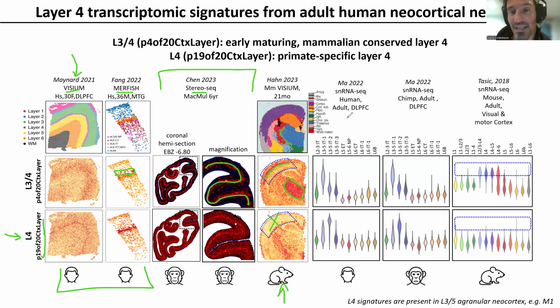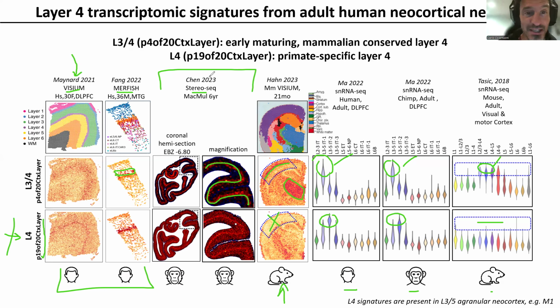And we can see that is validated if we look at more data where we have human, chimp, and mouse data from different studies here. The conserved signature here shows up in the mouse, it shows up in the chimp, and it also shows up here. Actually, this is human, chimp, and mouse. And if we look at the layer 4 signature down here, human, chimp, and the mouse does not show it. So we're quite confident that this is a signature that is in the chimp and human layer 4. It is not in layer 4 neurons of the mouse.